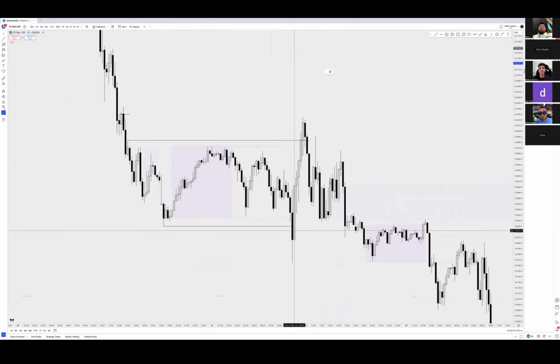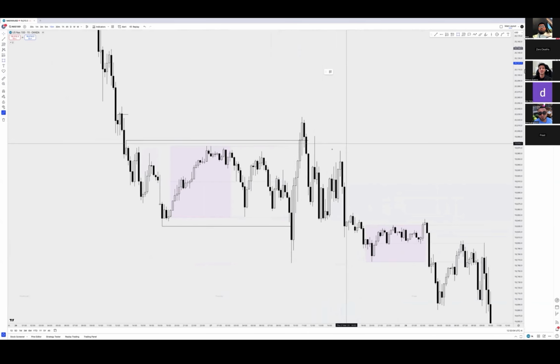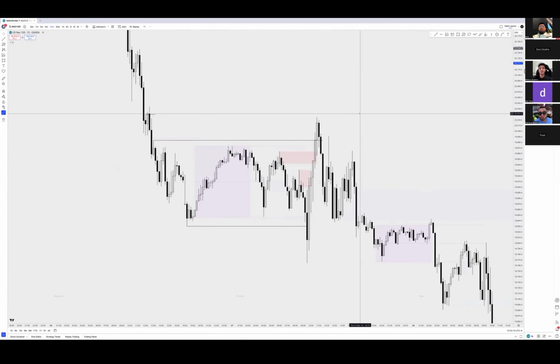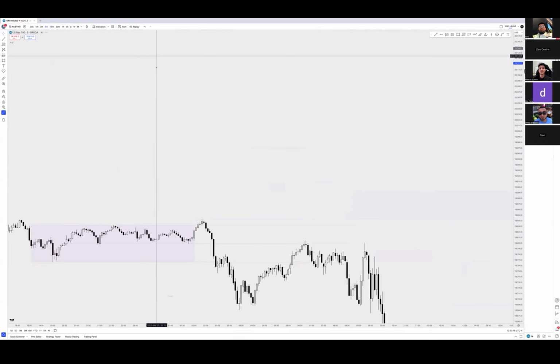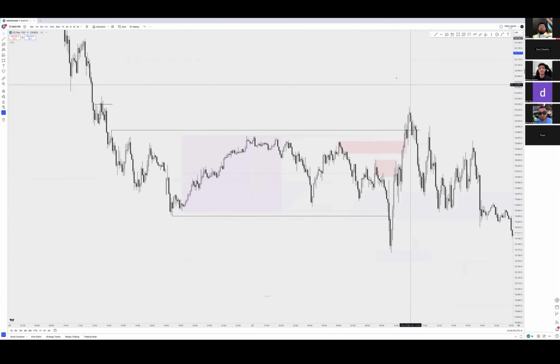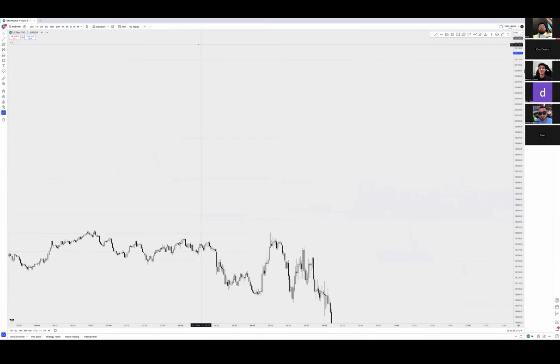Okay, induces sellers, and now all this is a trap, right? All these highs right here. We got all these highs. Basically, any reactions out of here, it's just false. And yeah, pretty much. After that, I seen this right here. Let me just go with the 1 minute time frame.